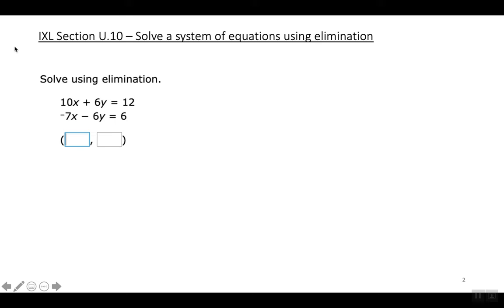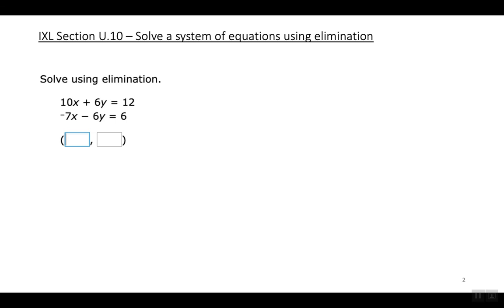The first way was by doing a graph, and where the two lines intersect, that's the solution. The second way that we did last class is by substitution. You could use both of those methods in any of today's questions. However, depending on the question, the questions you're going to get today are solved easiest by doing a process